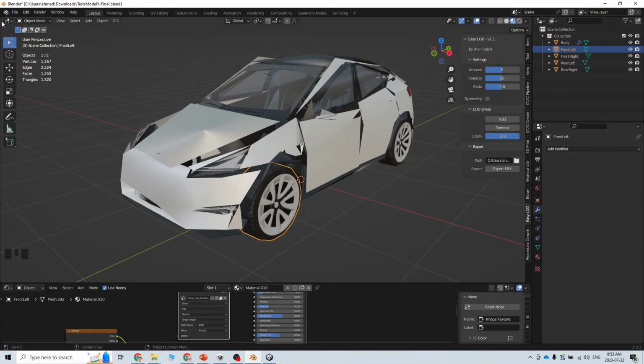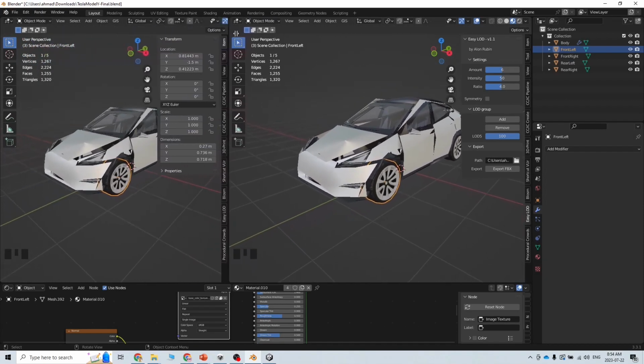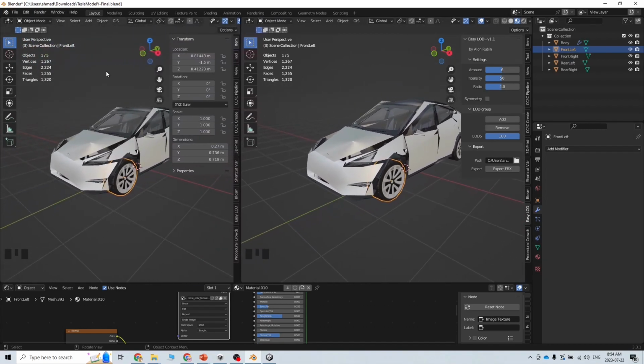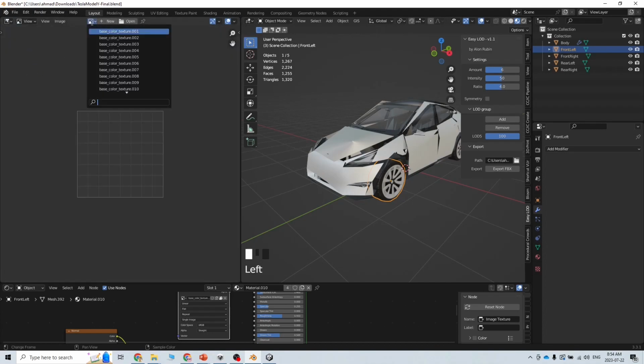So for that, also I need to go here and then drag this to open another window, and then go to the image editor or shader image editor, yes, and then here